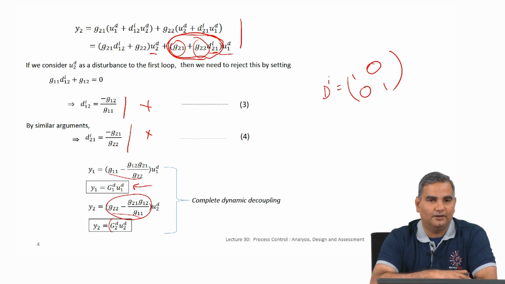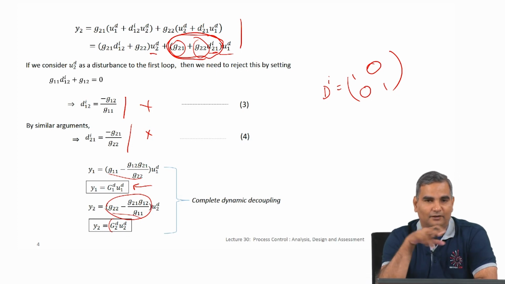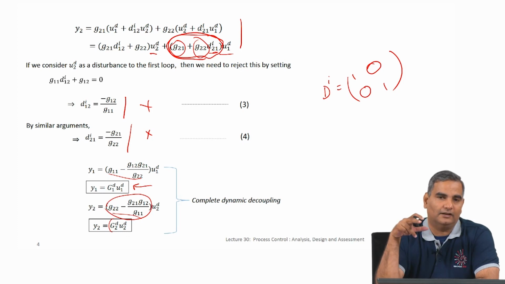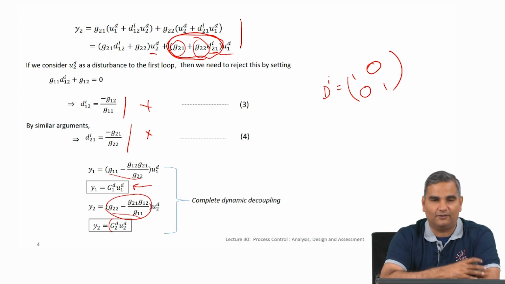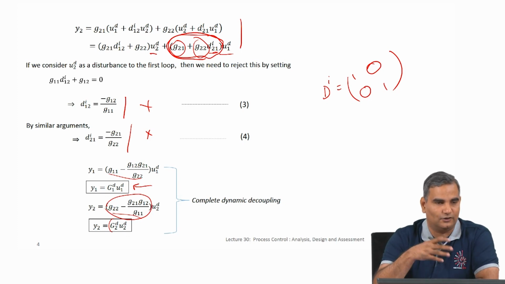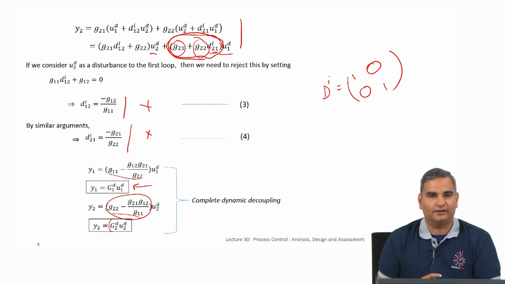Now, you will make those 6 choices, and remember if it is a 3 by 3 matrix there will be 9 elements in the 3 by 3 matrix. We will again do all the diagonal elements to be 1. So, 9 minus 3, 6 choices, that will be those 6 choices that I just talked about, and then you will have a decoupling matrix, and you can continue this for 4, 5 variables and so on. This is one simple way of thinking about multivariable control, which is very useful from the viewpoint of understanding how some of these are done.